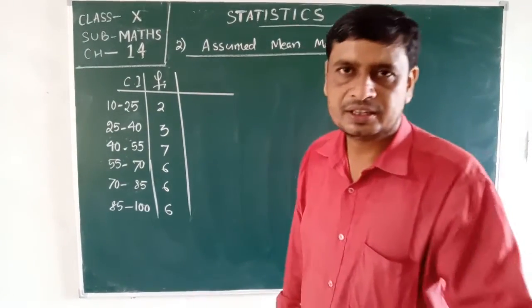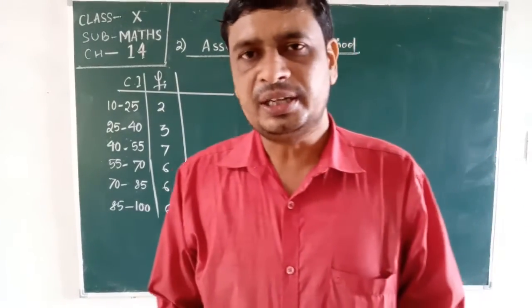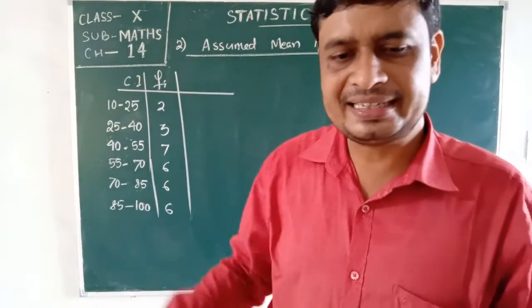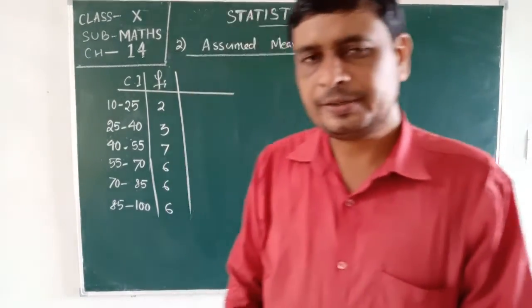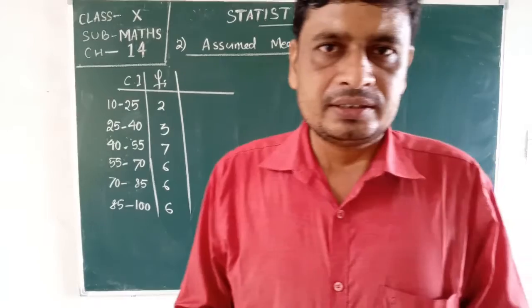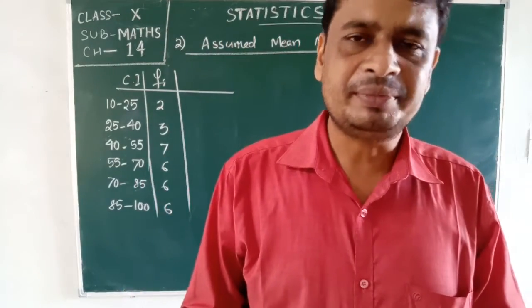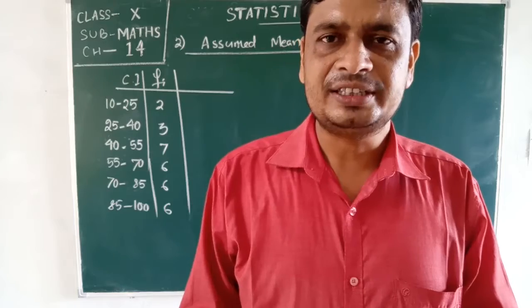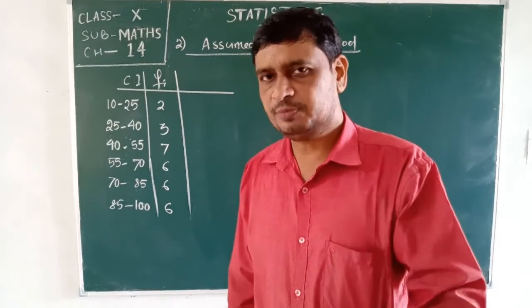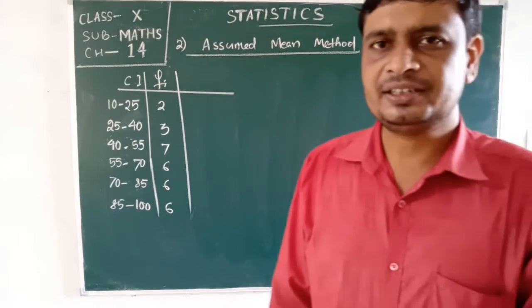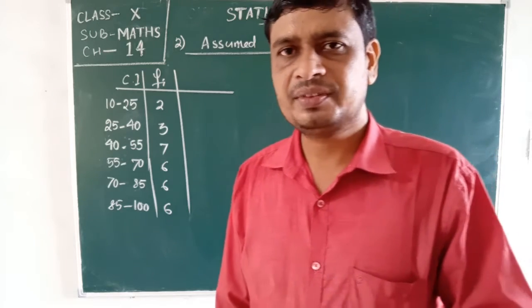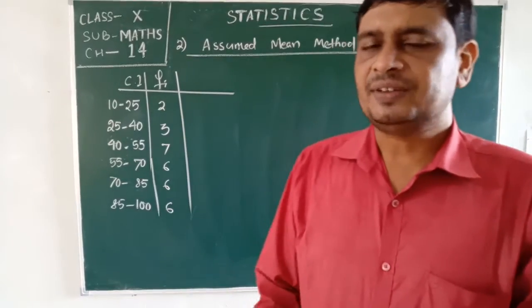In this data, we have to find the mean. In previous class, we found the mean of the same data as 62. Here, we will find the mean and see whether we will get 62 or not. The mean found from a given data will not depend upon the method. If you follow direct method or assumed mean method or step deviation method, you always get the same result. The mean remains the same, irrespective of the method followed.